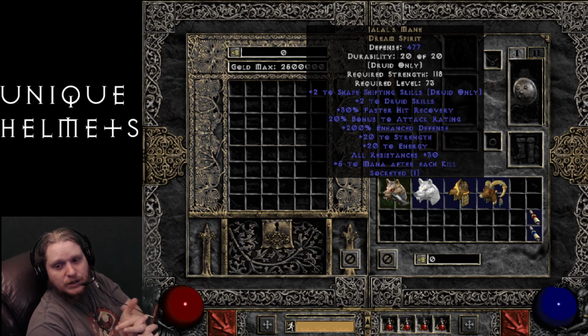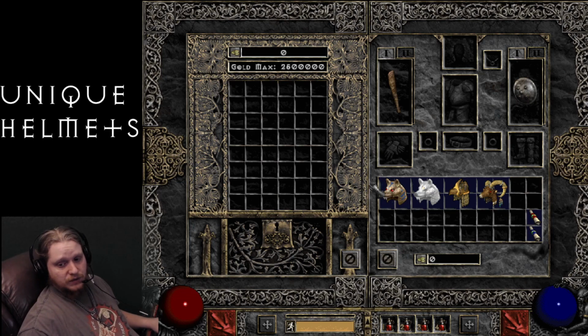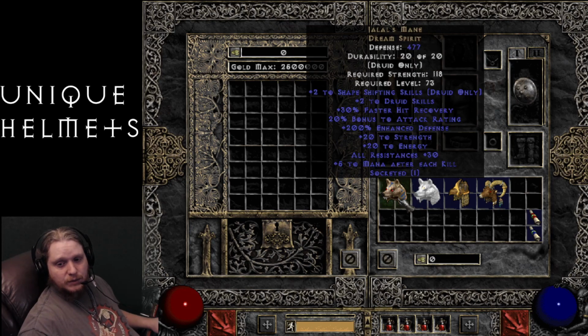So it has plus 2 to shape-shifting skills and plus 2 to Druid skills. So as you can see right off the bat there, we're looking at plus 4 to shape-shifting skills. So very, very nice. And then we have 30% faster recovery, which is just beautiful for a shapeshifter. 20% bonus to attack rating, again, beautiful for any type of melee character, and both bear and werewolf druids are melee characters. We have 200% enhanced defense, 20 to strength, 20 to energy, all resistances plus 30, and plus 5